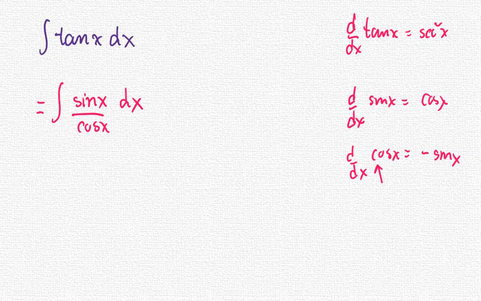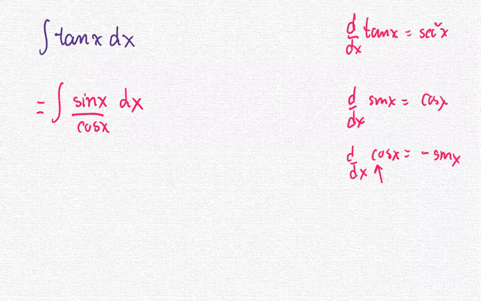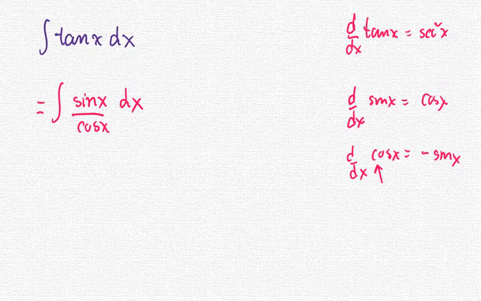Not just stop in one step. You're going to have to think ahead. Okay, and then what next? What else can we use to put pieces together to find a solution? For this case, you see the numerator sine, denominator cosine. One is in some form of derivative of the other. You have to think about what would be the appropriate u variable that we can use for this problem.